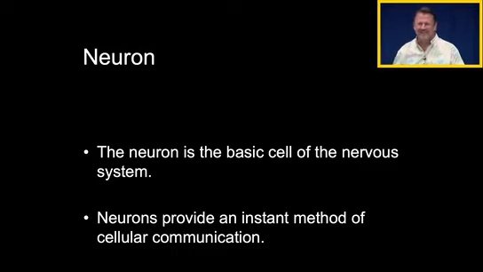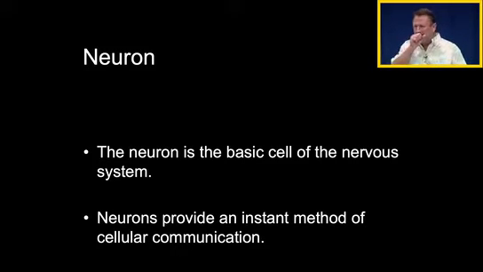The neuron is the basic cell of the nervous system. So the nervous system is made up of a collection of neurons. Neurons provide an instantaneous method of cellular communication, near instantly. Cells can communicate in other ways. When we talk about